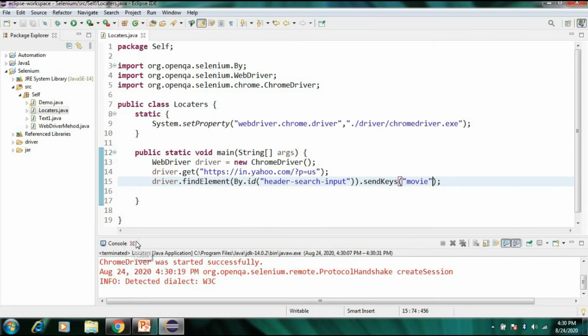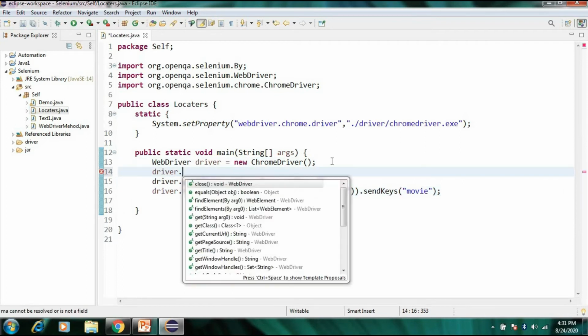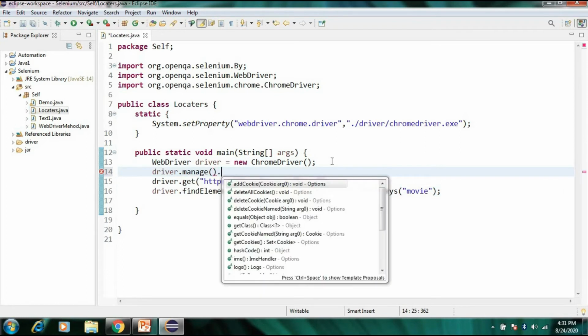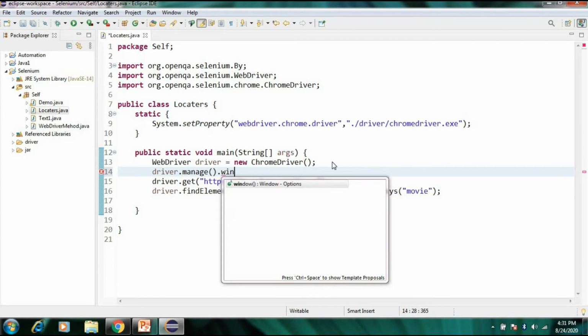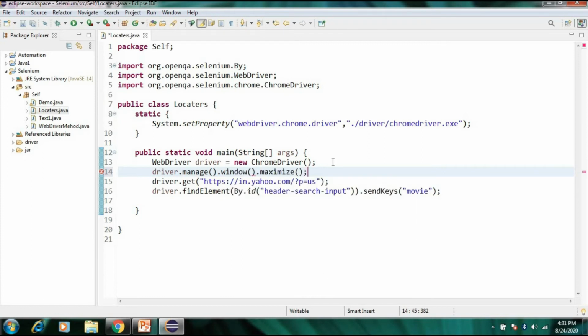First, I maximize the window: driver.manage().window().maximize().